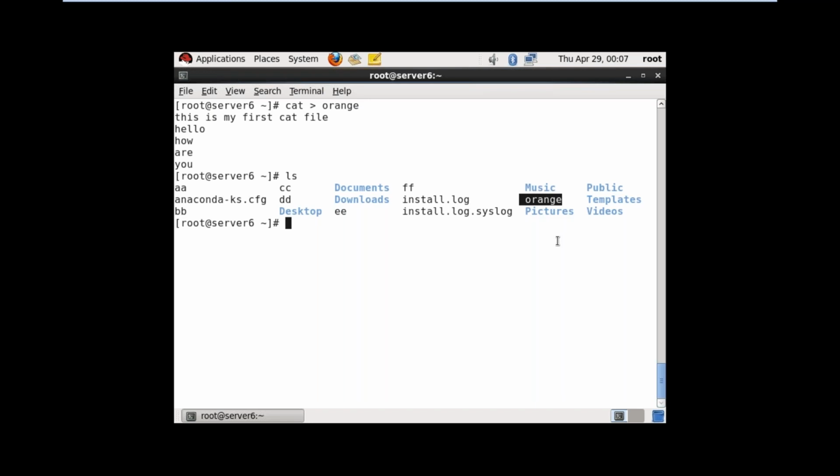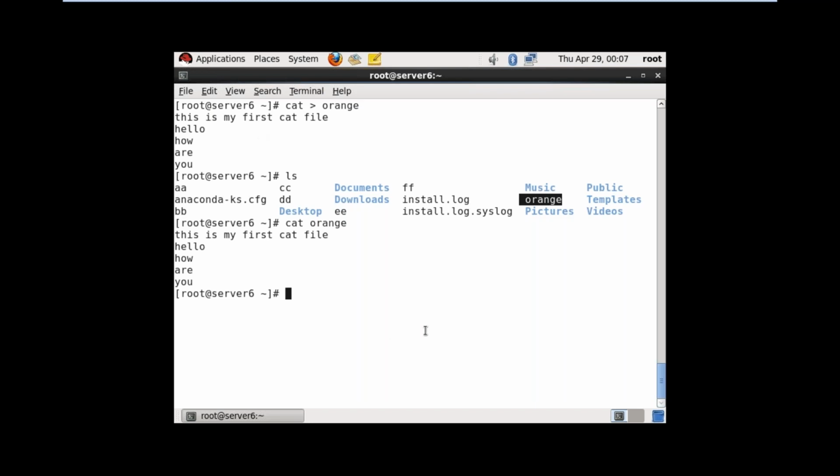Now I want to see the data in a file. To check the data in a file, the command is cat space file name. Don't use any symbols here, just cat space file name. See, this is my data.